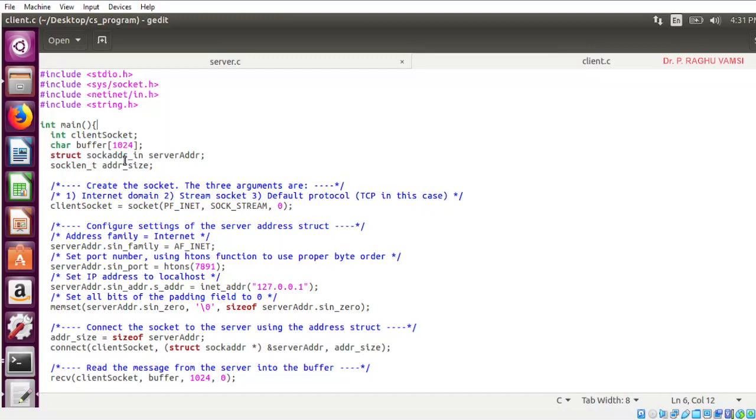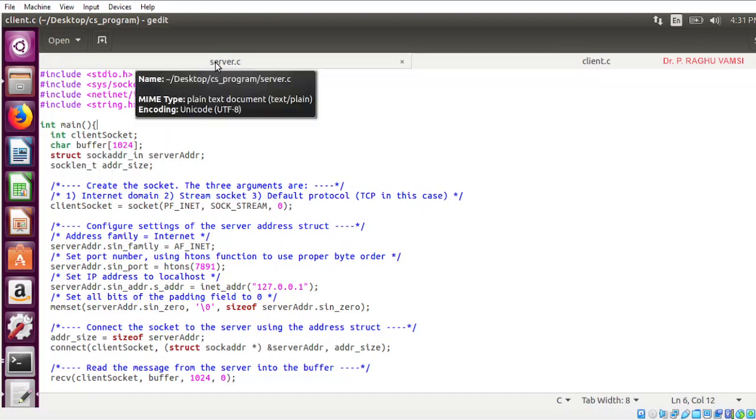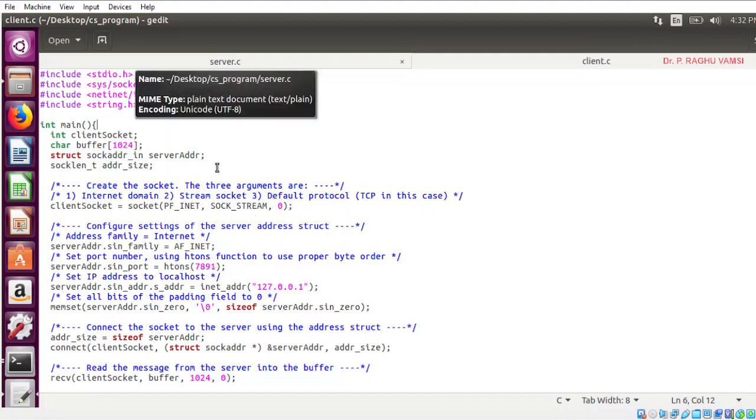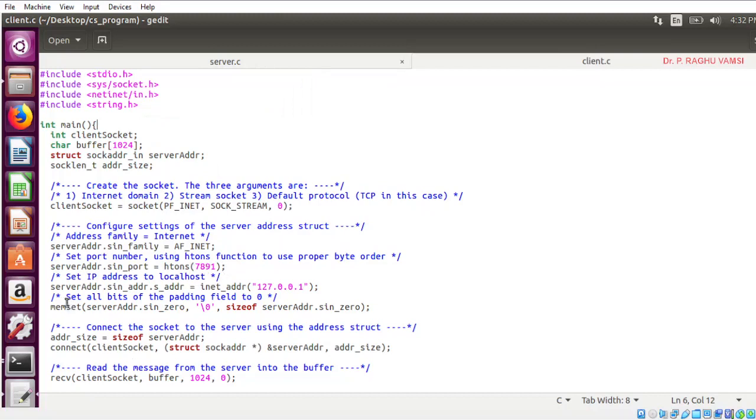Struct sockaddr_in server address and socket length. Here there is no server storage like in the server. In the client we have only the sockaddr_in and socket length, that is address size. So client socket is equal to socket(PF_INET, SOCK_STREAM, 0), and because we are using TCP, it is 0. server address.sin_family is AF_INET. server address.sin_port is the same port that you have used for the server; the same port has to be used here.